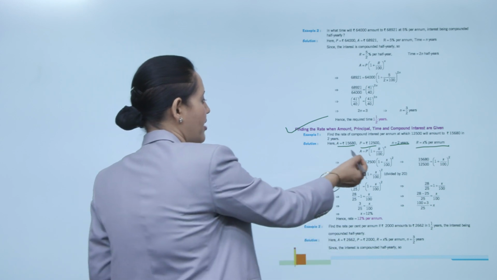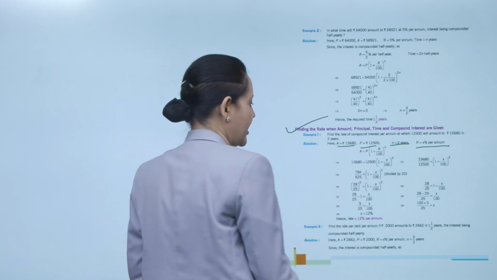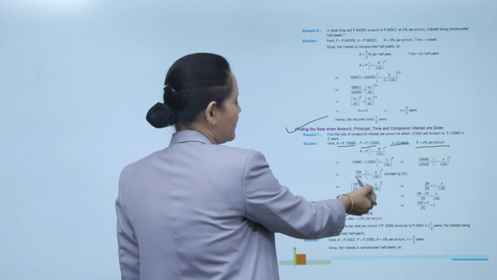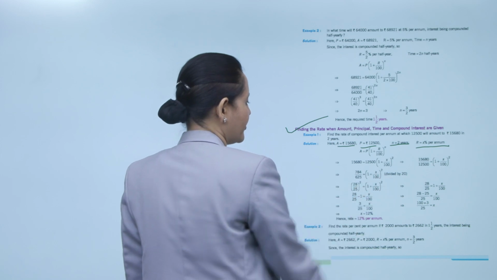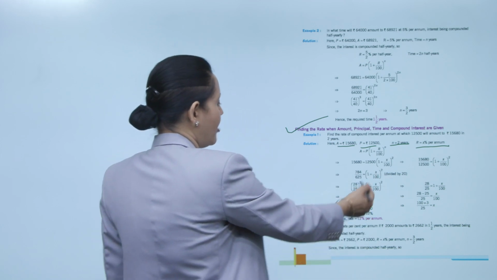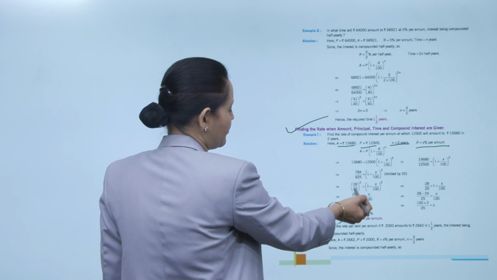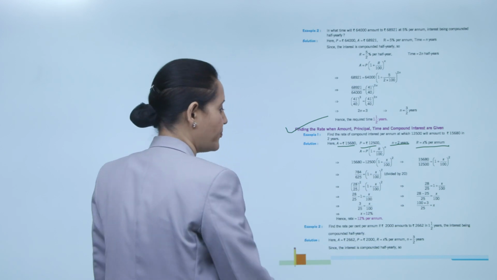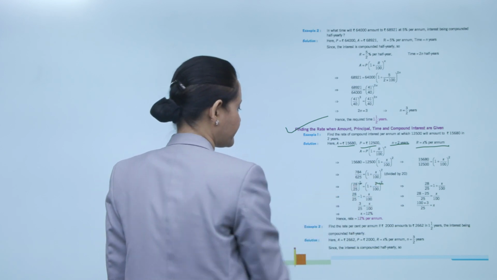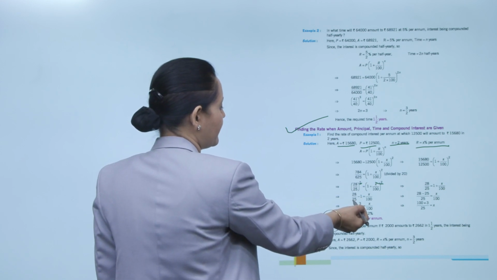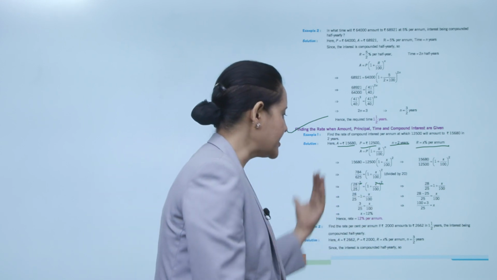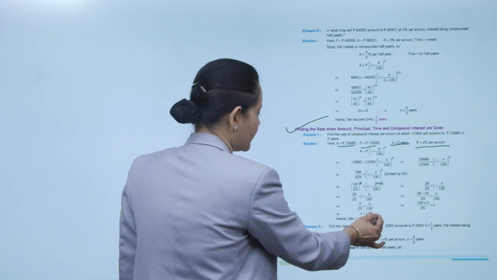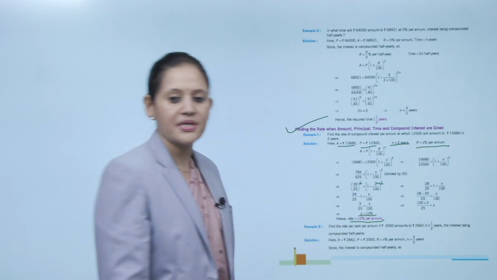So we'll put the values, amount equals P 1 plus r/100 to power n. In place of r we'll put x and solve. 784/625 equals 1 plus x/100 to power 2. Now we can write it as 28/25 to power 2 equals 1 plus x/100 to power 2. The powers of both are the same. So now what will we do? 28/25 and 1 come to this side, 28/25 minus 1 equals x/100. So we'll find the value of x, that is 12%. So what will the rate of interest be? 12% per annum.